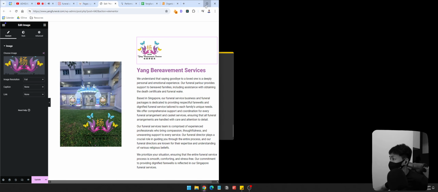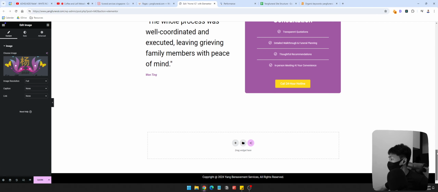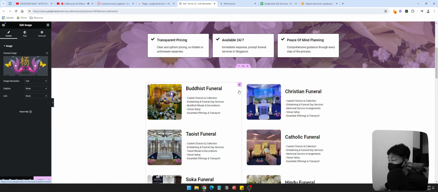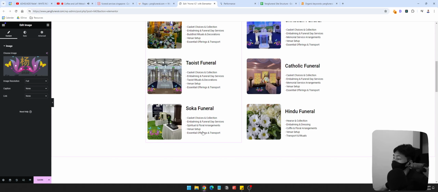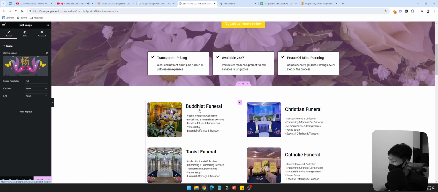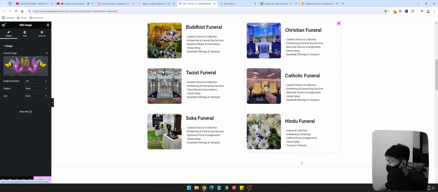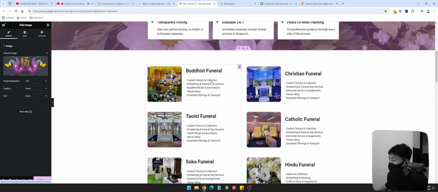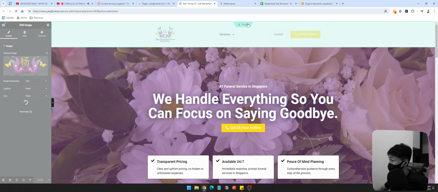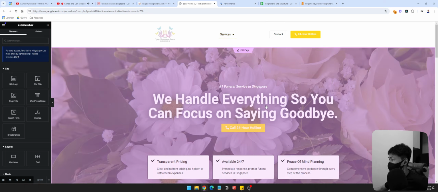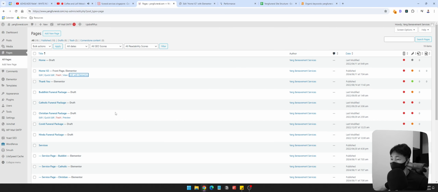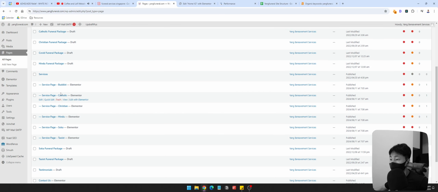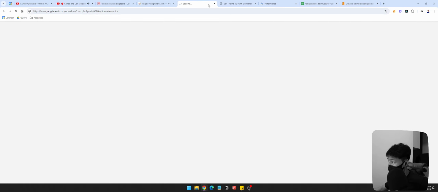Now the next thing I want to do is internal linking. However, on the homepage, I already have internal linking here. So you can see this is an internal link, this is an internal link, internal link, internal link. So I will do more internal linking within the actual services page. Okay, and in fact, I don't know if there is much internal linking for me to do because